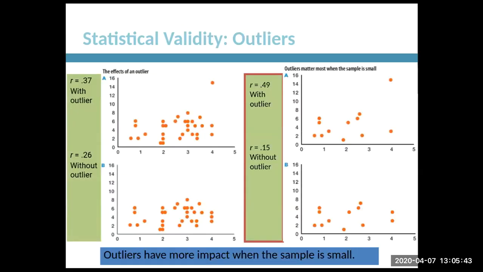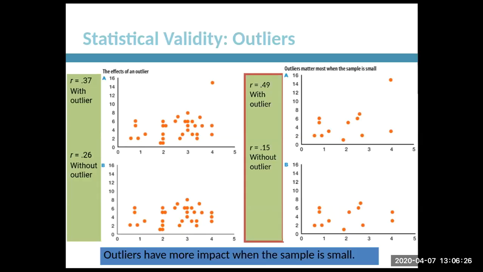When we have a case of outliers, much like affecting the mean, they can affect how the study is represented. If we're looking at the cases on the left, A and B, we see that there's one point that's really high and really far. Most of the others are below 8 on the y-axis, and between 0 and 4 on the x-axis. But there is one at the 4 that's way up there. It's a 4 on the x-axis and about a 14 or 15 on the y-axis. That is what we call an outlier. It's far away from the rest of the trend of the data, and that can actually affect the line of best fit. It can affect the R value.